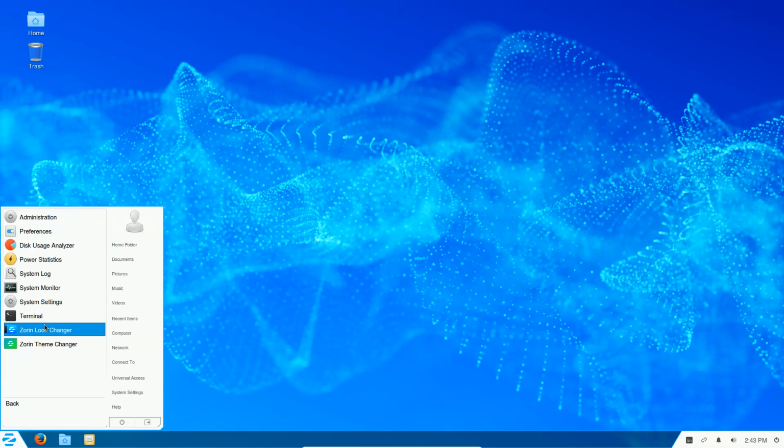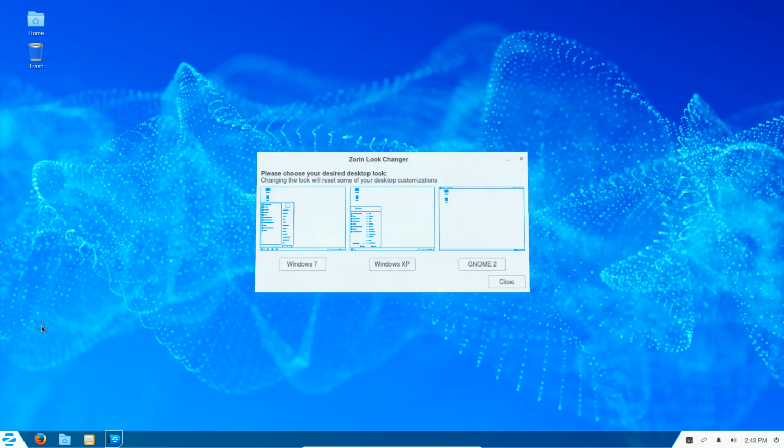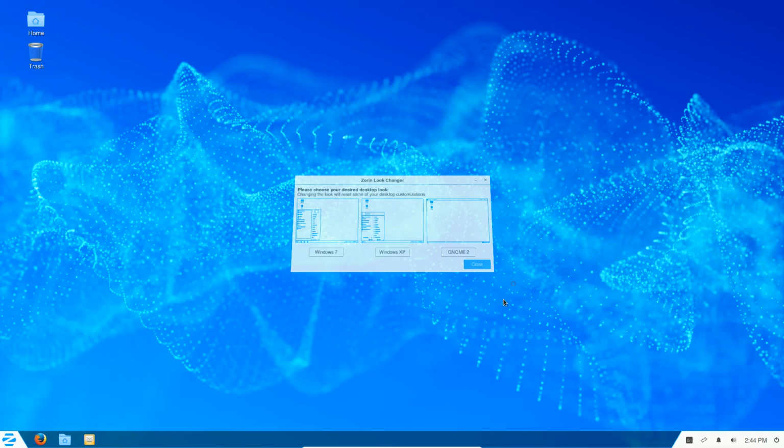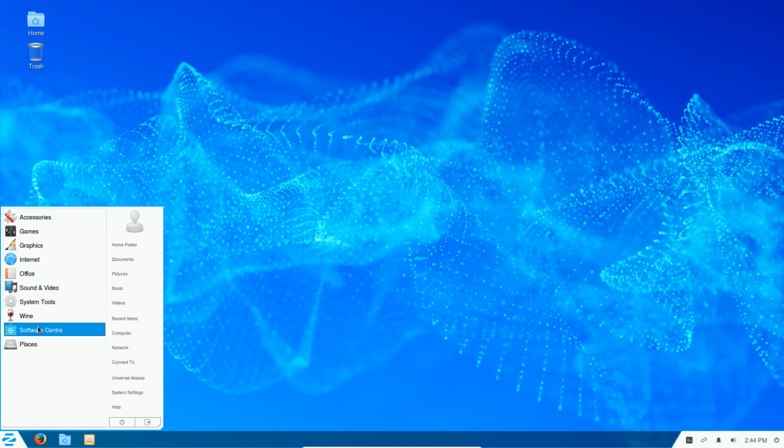We'll see a few system tools that are Zorin specific. We have the Zorin Look Changer. Again, an ode to what Zorin is really trying to accomplish here, the developers at least. We can make Zorin appear more like Windows 7, Windows XP, or GNOME 2 with a click of a button. We also have